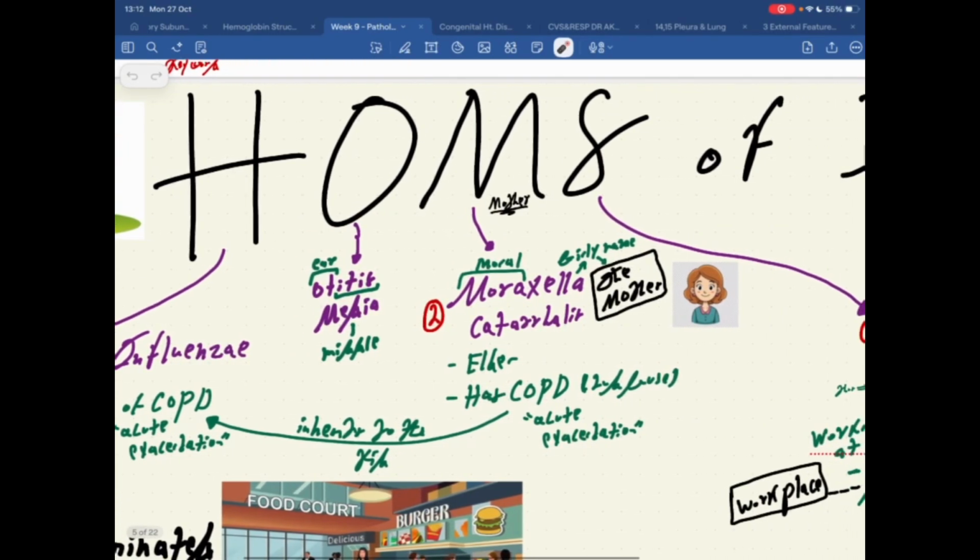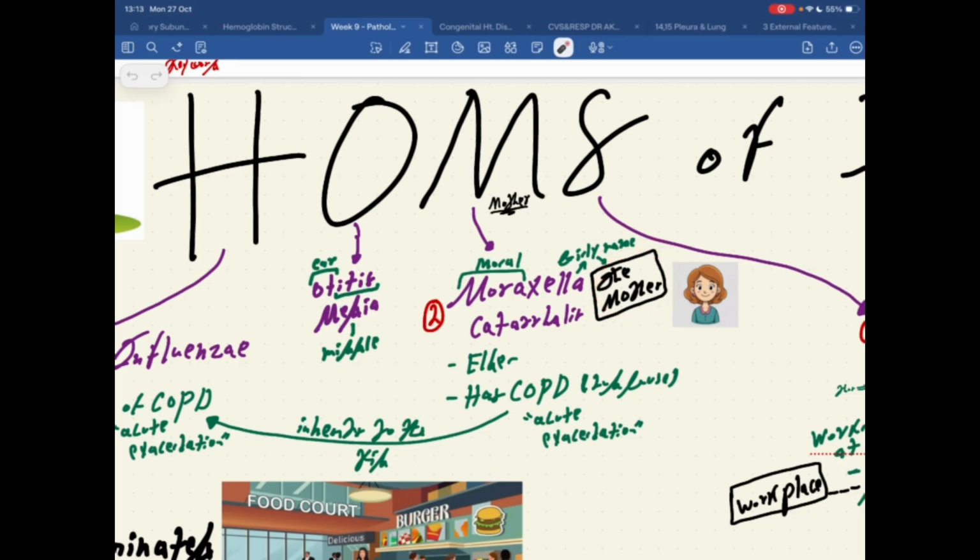And then M, think with me, M stands for mother, okay? M, mother, okay? And the mother character will be associated with another M here, which is Moraxella catarrhalis. So now I want you to close your eyes and say Moraxella catarrhalis. Moraxella. It's like a girly name, right? So Moraxella is more of a girly name than a guy name, just by the sound of it. So this is another way to remember that Moraxella is related to a girly character, and in our story, it's the mother,